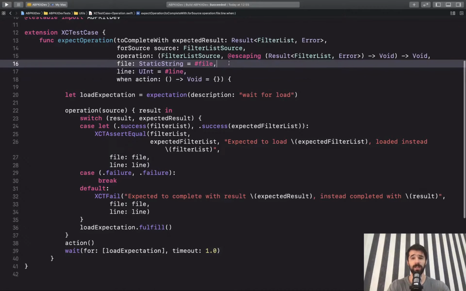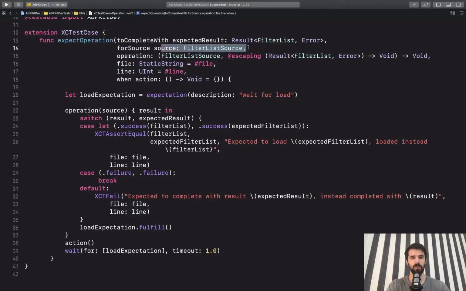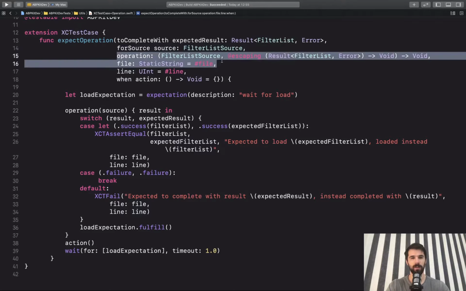So now we can see how this is more generic. We can test any function that takes a filter list source and has a completion with the filter list. Any function, it's not tied to some protocol. So far so good. Let's take it one step further and think about this source that we pass and this